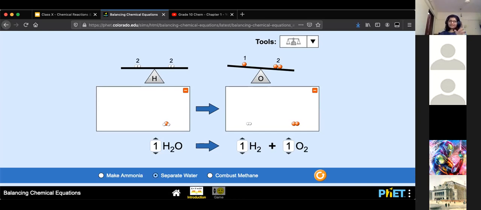I mean, not good, you did the wrong thing, but that's a very good point that you need to know. Whenever you're multiplying, increasing the number on this side means that you're increasing the number of molecules. You should not change the formula itself. H4O2 doesn't mean anything. Don't change the formula. The subscript should not change at all. So do it the correct way and send it.